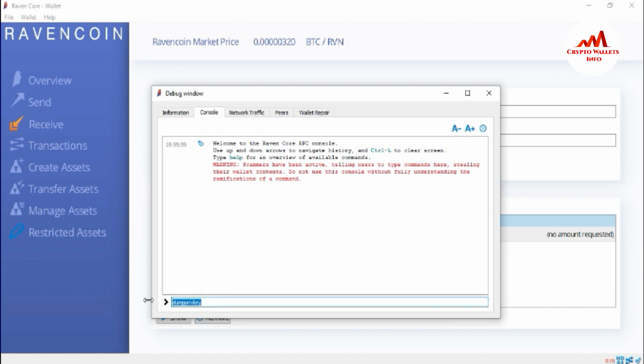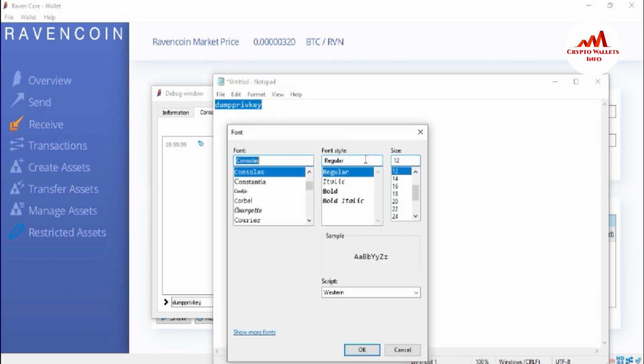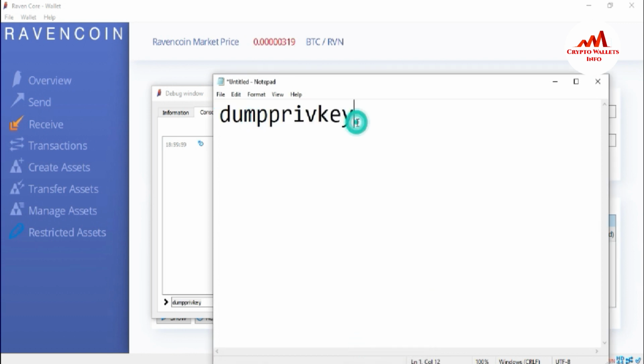This is the command. I'm just going to copy it and open the notepad file, and I'll make the font bigger so it's easier to see. Just simply click OK. This is the command, dump private key. Dump private key, this is the command for